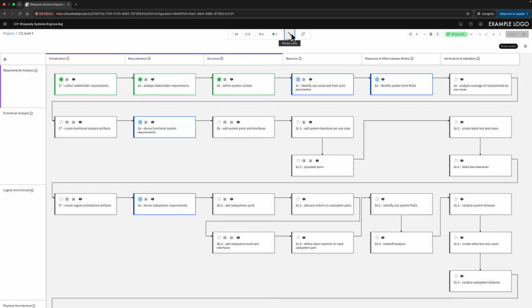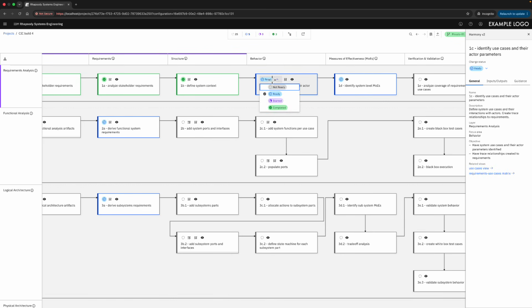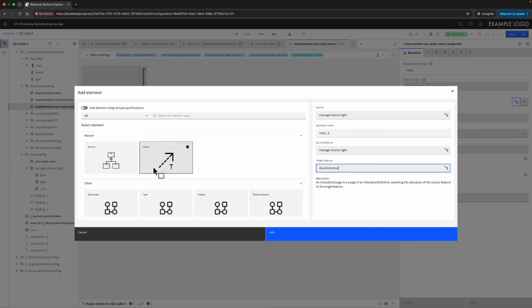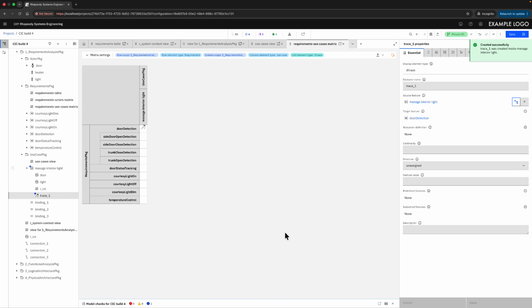So let's go back to the process view. Okay, I probably should have said we were starting to work on use cases, but I say that's now completed. What else do we have here? Requirements use case matrix. Okay, so we've got a matrix view now, and we've got our use case, manage interior light. So we can start to say, well, door detection, we're going to trace this requirement to the use case, for example. There's our trace, click add,